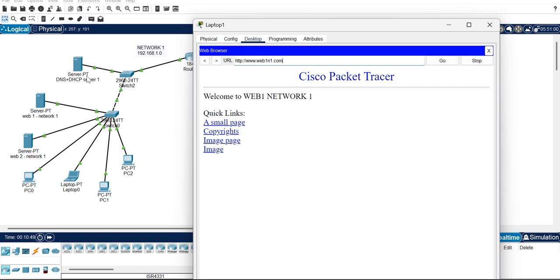As we have stored the web servers' IPs along with their URLs in both the DNS plus DHCP servers, the DNS resolves the IP addresses of both the networks, which helps us to easily access across the networks. And we'll see this in simulation mode too in a while.